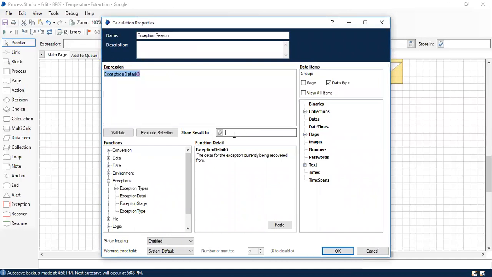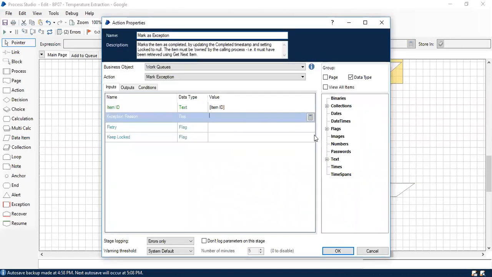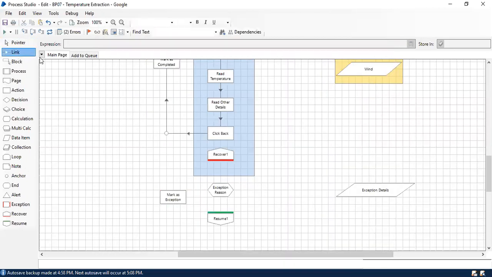Now store it somewhere, for example, store it in exception details and click OK. It's going to create exception details as a text. Now give this as the exception reason, so that the reason for failure will get updated in each and every transaction. So once you get that, just connect recover with the calculation, and then connect it with the resume. Mark as exception.